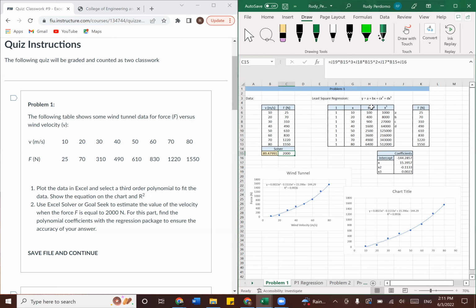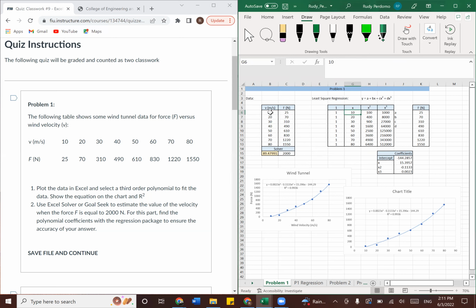I really don't know why you do this here, but that's just how it is. If you need more explanation, watch the classwork, because I honestly don't know why you do this with the squares and stuff. But what you do pretty much is just have a column of ones. You don't really need it for least square regression, and then